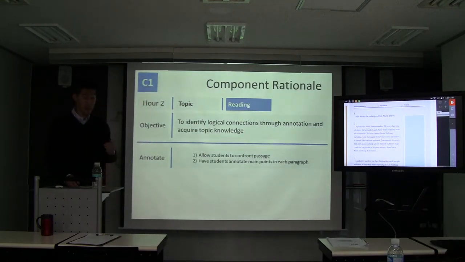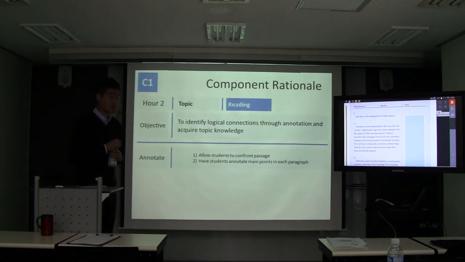I have a question. Yeah. So let's say this is week 1, day 1, and the kids are doing this. They're supposed to annotate. We can guide them, and then after that they have questions to answer, right? And then after the questions, doesn't it go back to the reading and you explain more